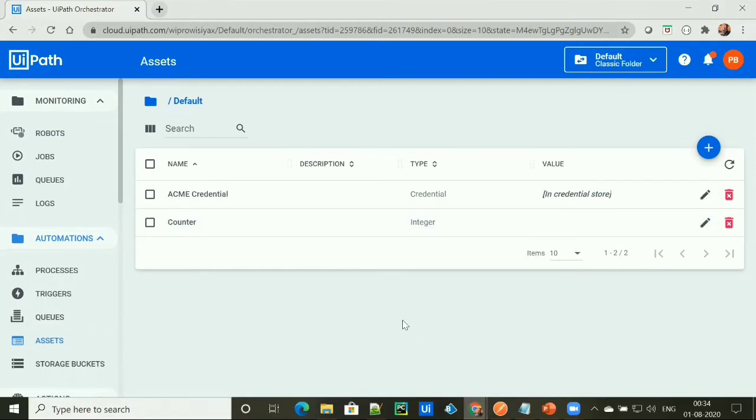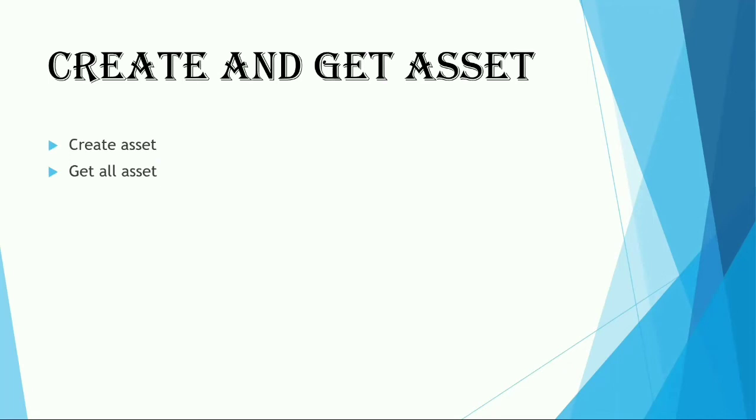So this is how we can create an asset under orchestrator without using any interface of orchestrator, just by using its API. Isn't it wonderful? So now we have seen how we can create an asset under orchestrator. Now we'll see how we can get all the assets that are already available under orchestrator.